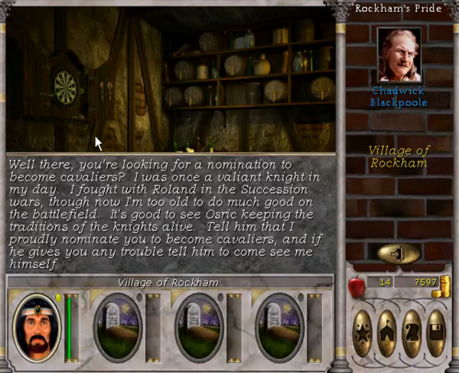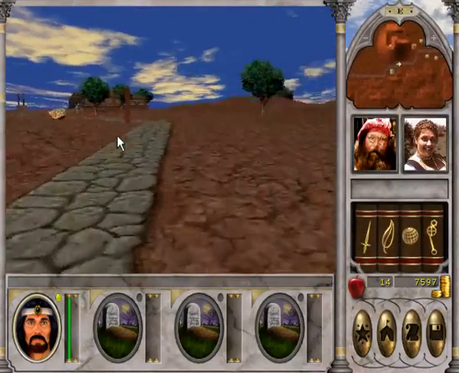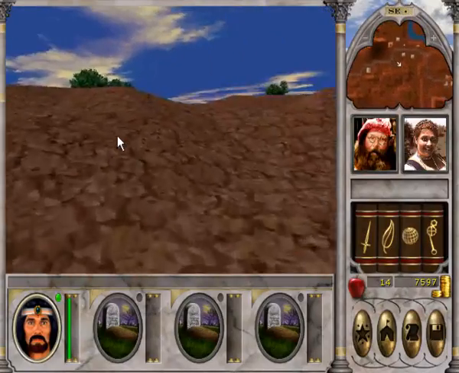Anyway, this guy basically says, you're looking for a nomination to become Cavaliers? Okay, here. You have mine. That he doesn't require you do anything. He just basically says, oh, you want to be nominated? Cool, you have mine. It's so weird. I don't know if they intended for there to be more to it or not, but...